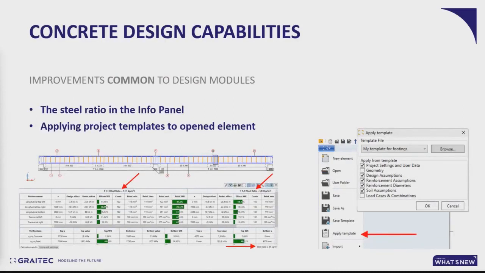In fact, all novelties are related to design modules like RC beam, column, footing, or slab. And there are some common improvements to all modules. So first point for these common novelties, the value for the reinforcement steel ratio is now visible in the info panel immediately after the calculation. So now we can check this quickly for a whole element, or in case of beams also